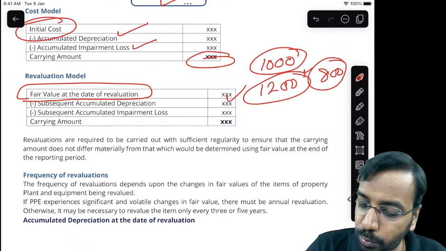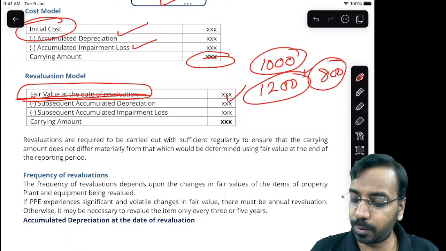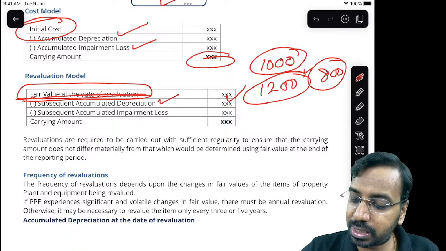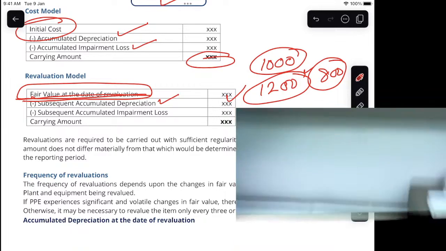So what you will do is, you will calculate the fair value on the date of revaluation. Then subsequently you will start charging depreciation based on the